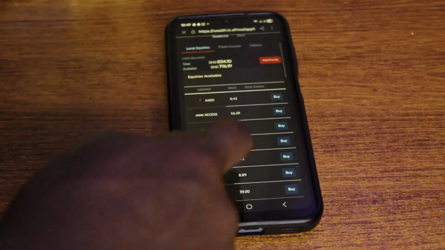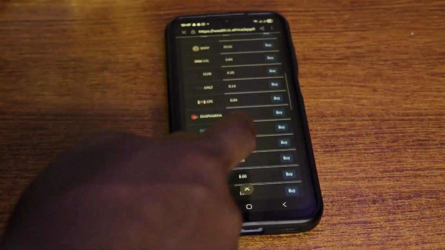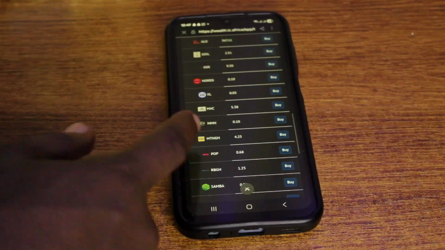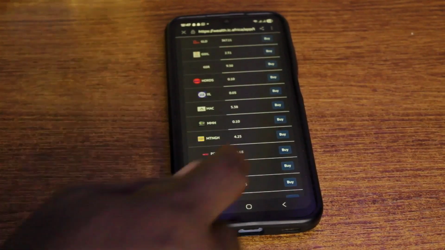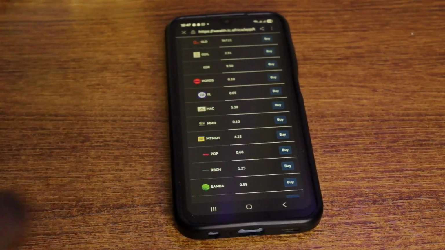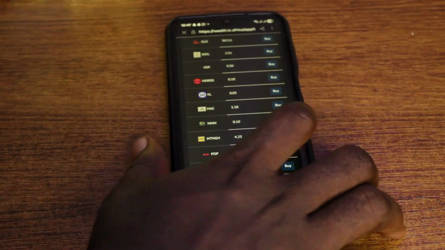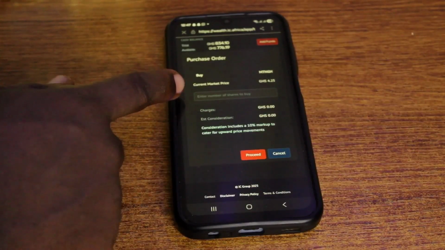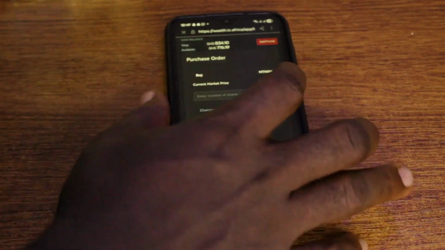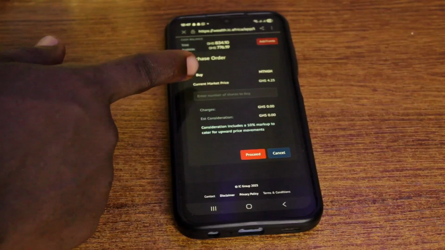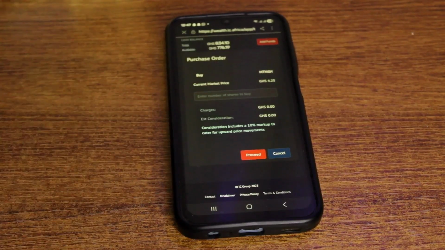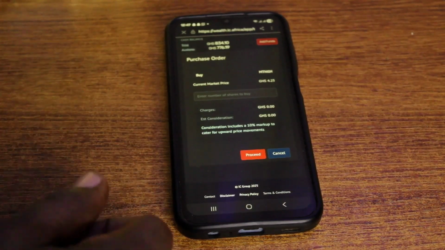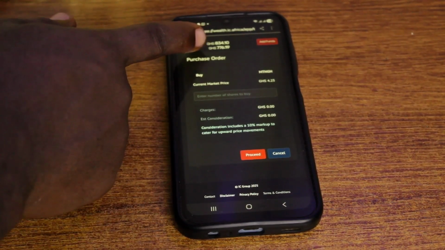So if you want to buy, let's say MTN, you just scroll and look for MTN and then tap on buy. So once you tap on buy automatically, let me tap on MTN for instance. I say buy, right? So I'll just enter the number of shares I want to buy. They are telling me that one share is currently selling at 4.25, and in my account right now I have like